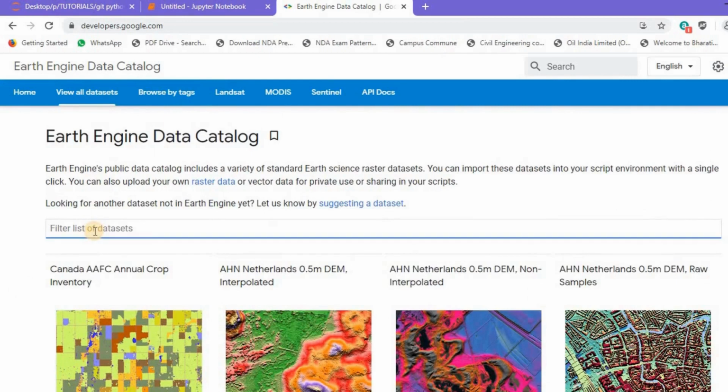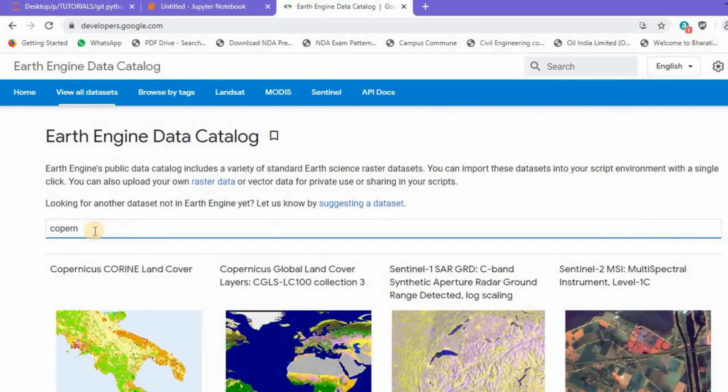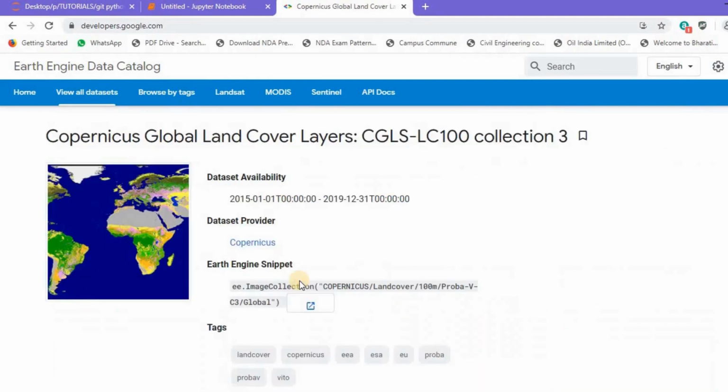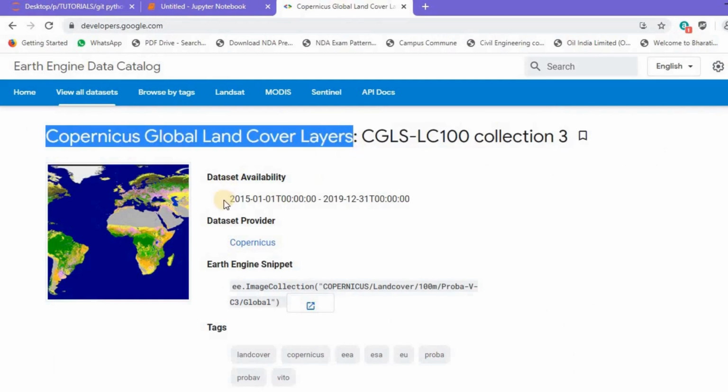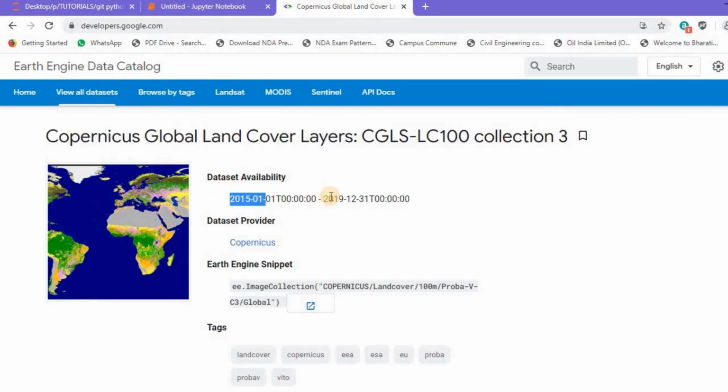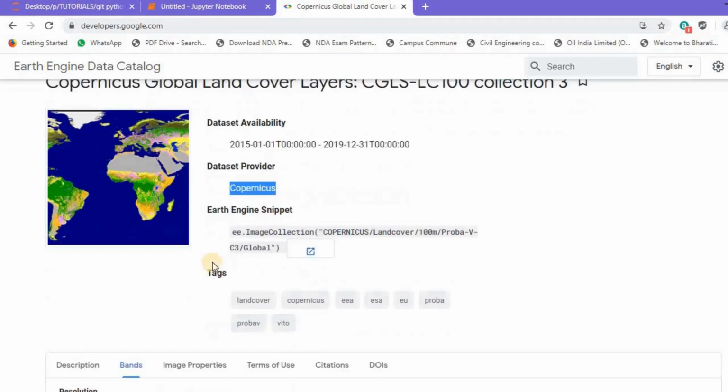I'll type Copernicus here. You don't even need to type the complete name. You can just type copper and you can find the Copernicus Global Land Cover Layers. Click this particular dataset, and you will land on the Copernicus Global Land Cover Layers page. The availability of the dataset is from 2015 to 2019, and the dataset provider is Copernicus.